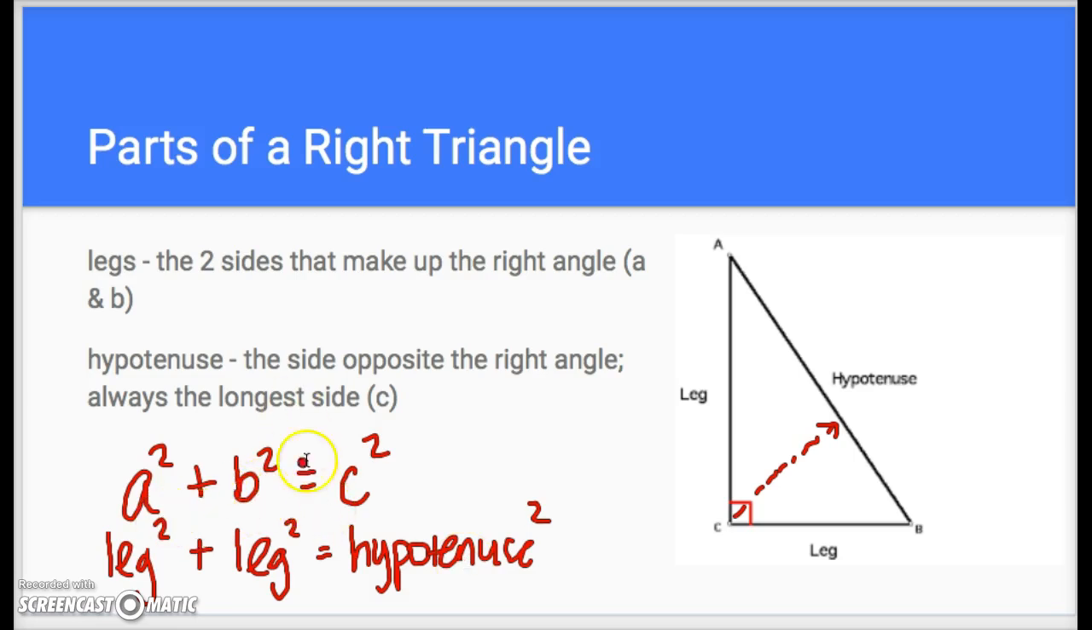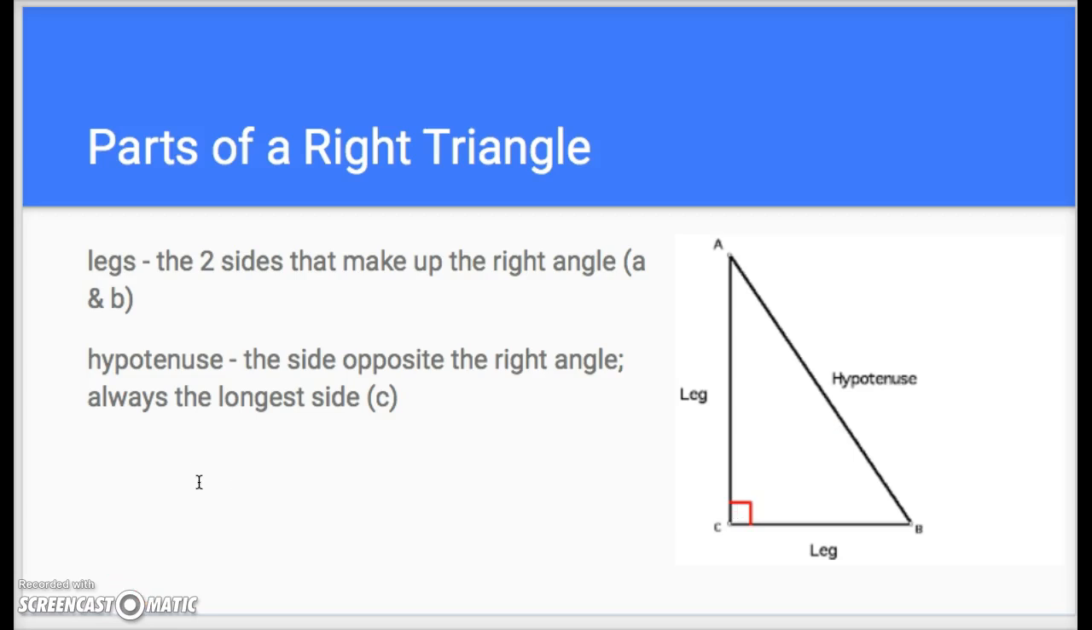So keep in mind, this formula only works when you have a right triangle, no other type of shape. And you're using it to find the missing length of one of the sides. So we're just going to work through a few examples and then we'll be good to go. Okay, the first example,